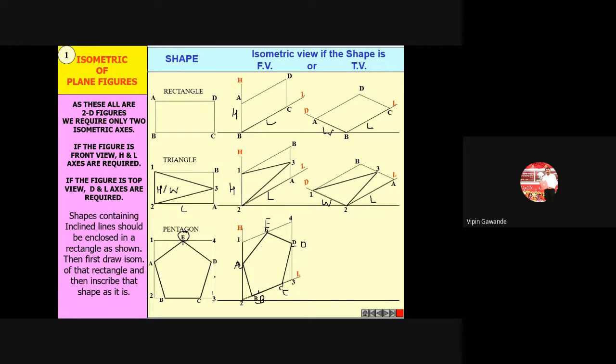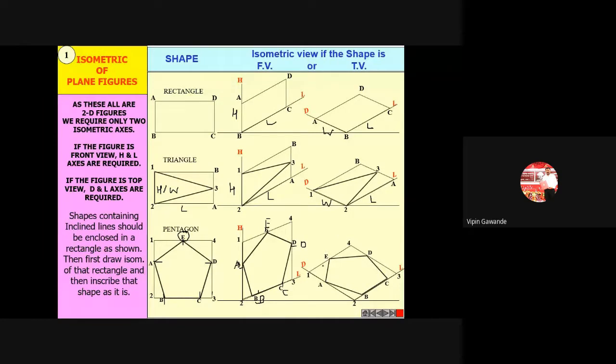See, from D you have to draw one vertical line. From A you have to draw one vertical line. Then from BC, a horizontal line, and from E it is a horizontal line. So you will get the required rectangle. Corner points are 1, 2, 3, 4, and then from the corner points you have to take the points on the pentagon. Distance of the points on the pentagon that you have to mark here. And horizontal also, same thing.